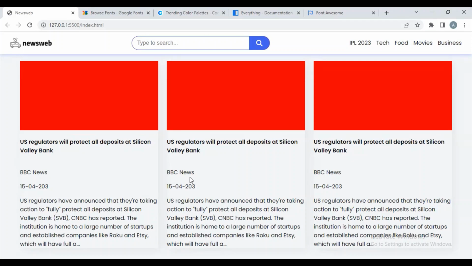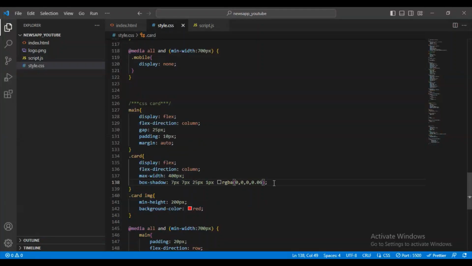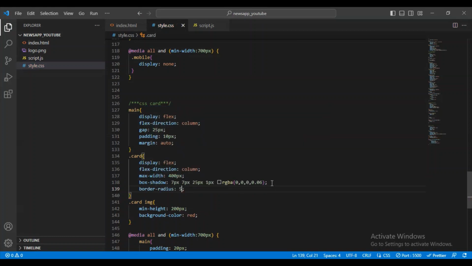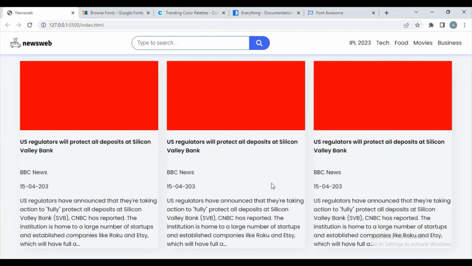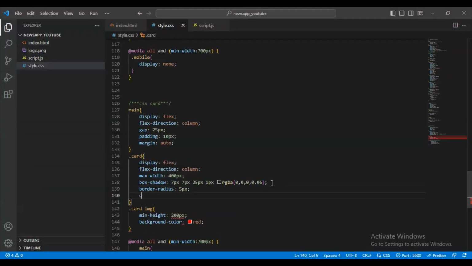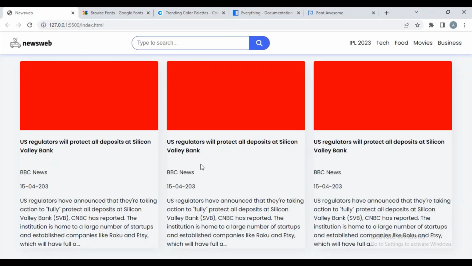Now see, and I will give this card a border radius of 5 pixel, and overflow will be hidden. Now this card will look good,